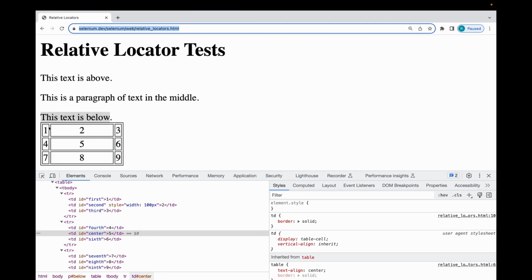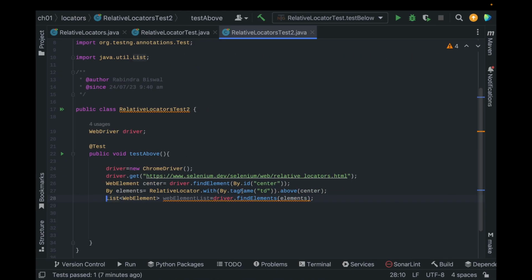and so I want to get all the elements present above the center element, and I want to print their ID, because if I print their ID I'll get to know what are the elements present above that. So just for our reference, what I'll do,